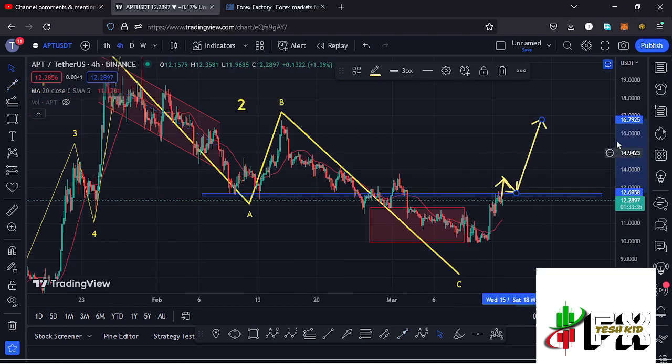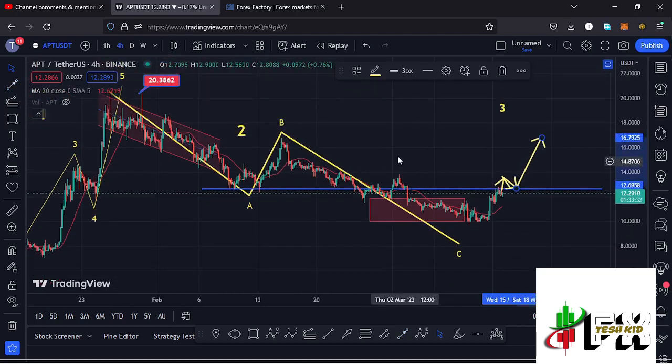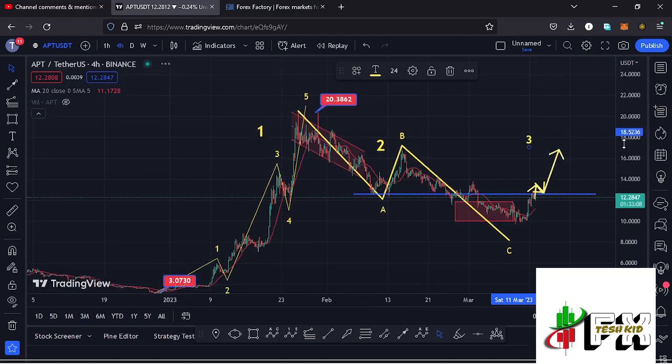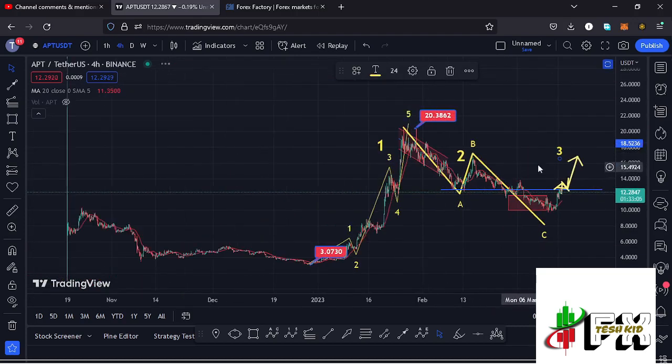We have also continued to obey the Elliot structures, where we had been seeing a bit of a breakdown to the lower side in the formation of these larger Elliot counts too, and we managed to get into the minimum retracement area, which lies between the $11.9 mark and the $9.98 mark, in a move that gave us a low at around the $9.7 mark. And after seeing that low, we are seeing a bit of a bounce to the upper side in what could be the start of an impulsive wave to the upside in the formation of this wave 3. And before I get further into the technical analysis and also give you my next price targets to the upside